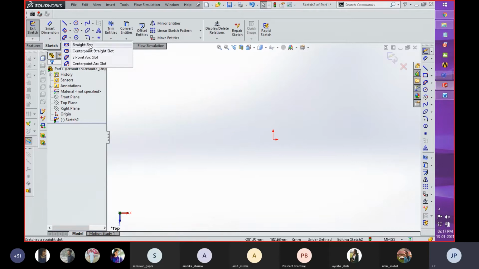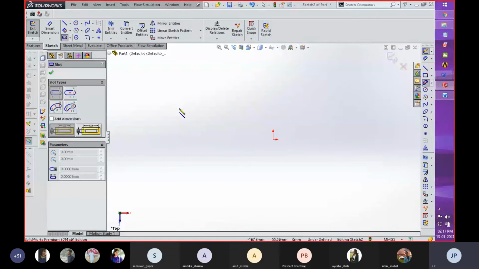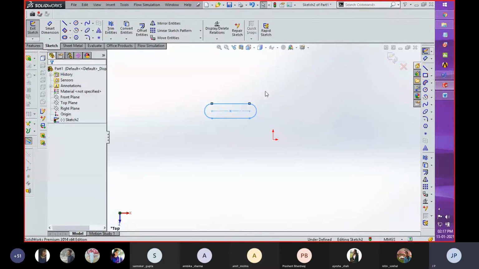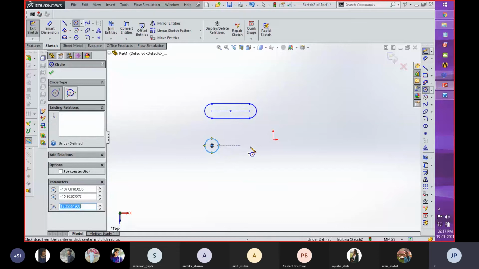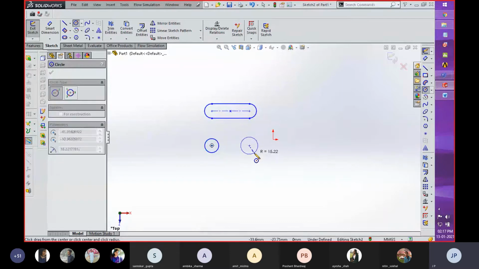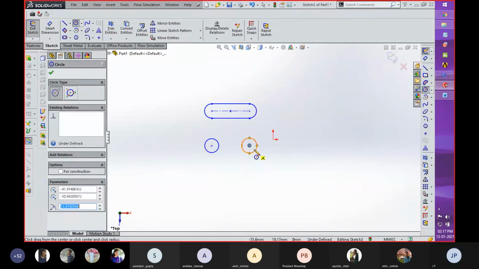So in such a manner, these are the different types of slotting methods which are available within the software. That is the straight slot. For selecting, you have to click over here, left click, and then start point, end point, and the width of that slot you want to create. And if with the help of circle and line you are going to create it, what you have to do is first create a circle, two circles as per the requirement, and then again another circle over here of the same dimension, and then create lines.